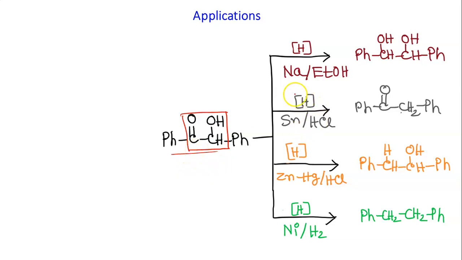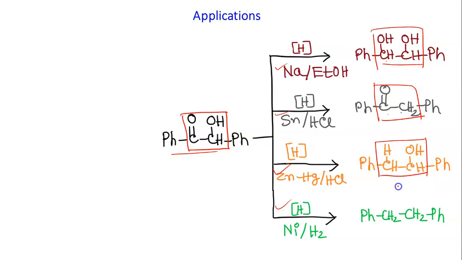Okay, so here we have used different types of reducing agent. All are reducing agents, but their products are not same. Okay, so different types of products we are getting. In the first case we are getting 2 OH groups at 1 and 2 carbon. Then we are getting COCH2. This is dihydroxy. Here we are getting CH2 CHOH, and the last one is CH2 CH2. Okay, so depending on our requirement, what type of product we want to get, we have to use different types